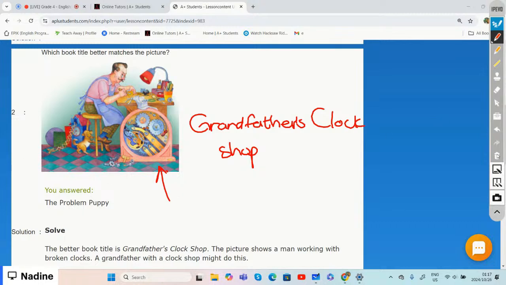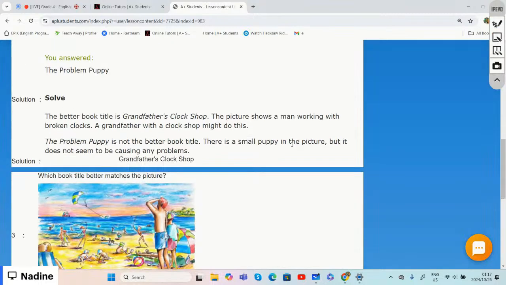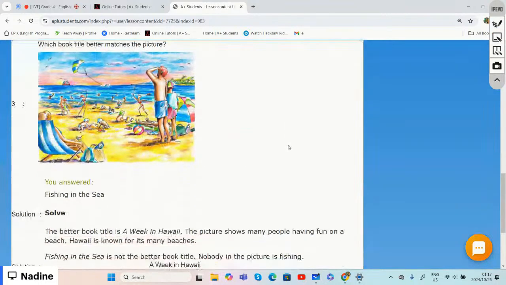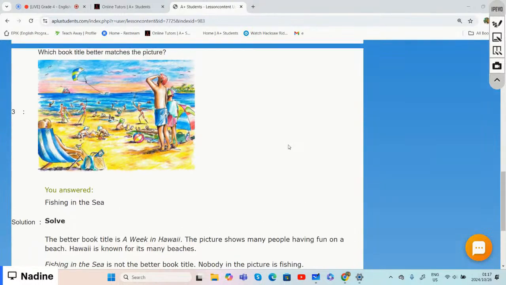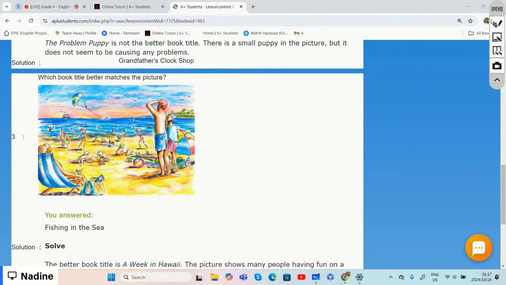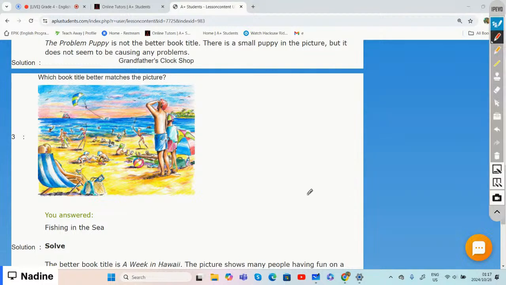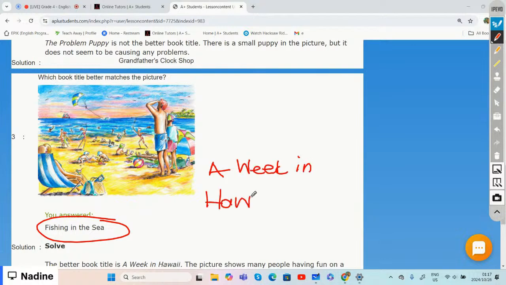All right. If we look at the next one, if we look at this picture, can we say that this, based on the picture, is fishing in the sea? Or can we say it is a week in Hawaii? Which one do you think is correct? A week in Hawaii or fishing in the sea? If you look at that picture,